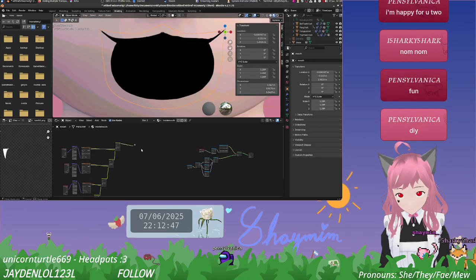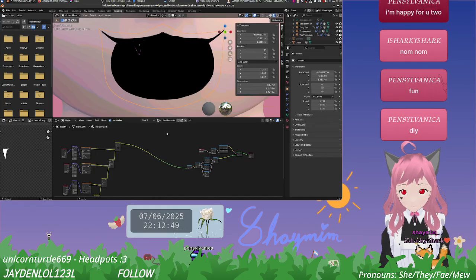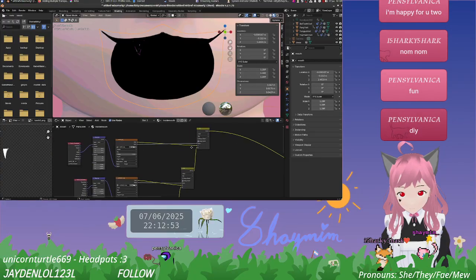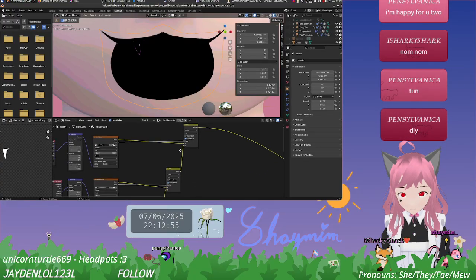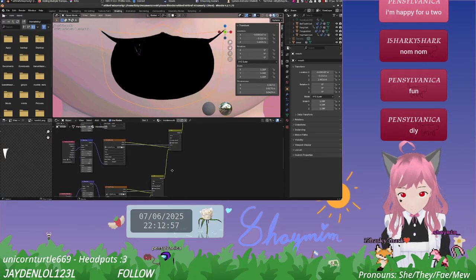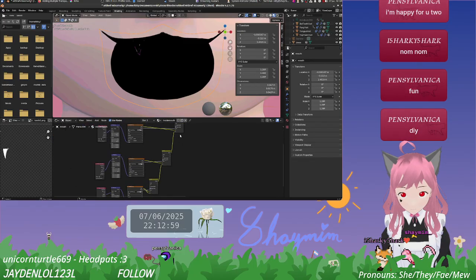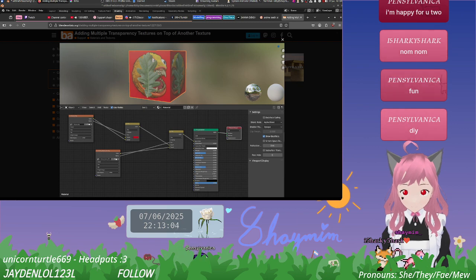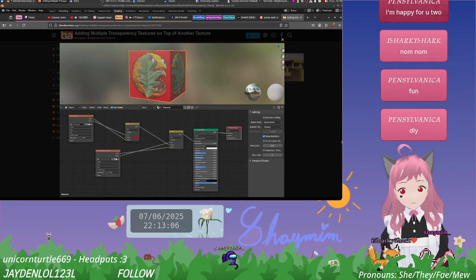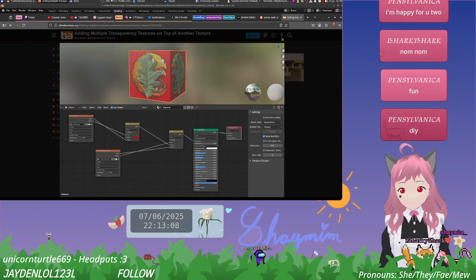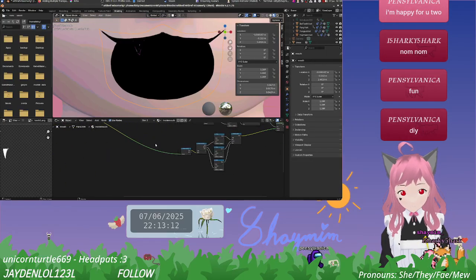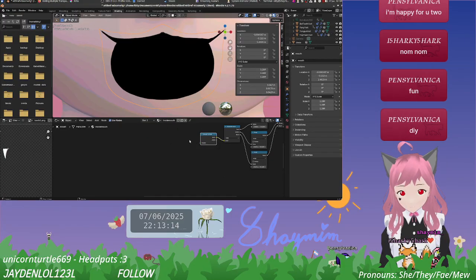So let's see how this does. No. That sucks. That's really the way they say to do it, huh? Oh, they actually have it going into a Principled BSDF. Maybe that's actually an important step and not just for giggles.